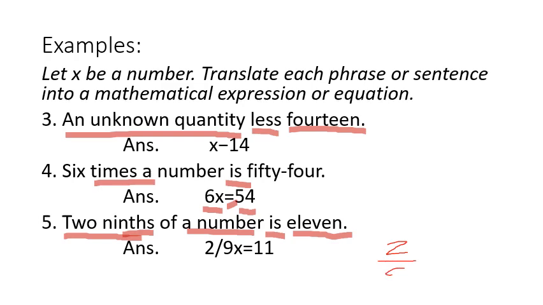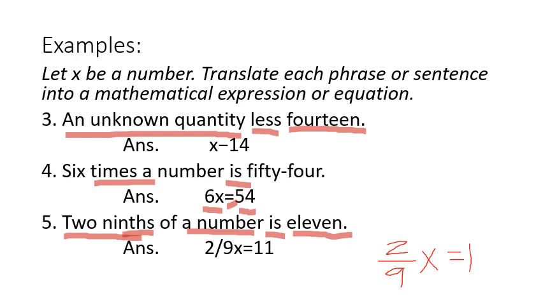So, this is 2/9 of a number, 2/9 of x. Yung x po dapat nasa gitna, kasi ibig sabihin, kukunin mo muna yung value ng 2/9. So, i-divide mo muna siya bago mo i-multiply by x. So, 2/9 of x is equal to, or is